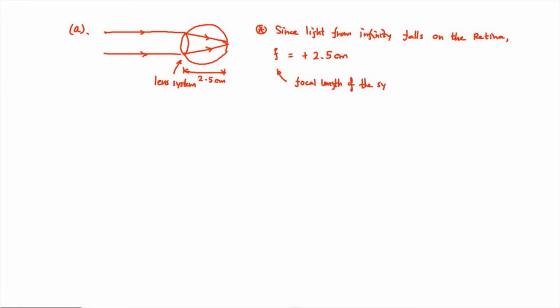And when we call the system, that is the aqueous humor plus the eye lens, that's our system. Okay, so what we can do is obtain the optical power of the lens system. So that means D